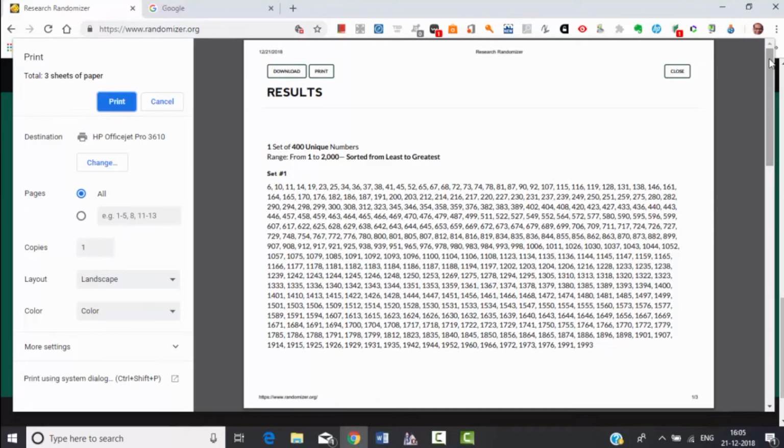Please do get in touch with us if you have any questions. Now you can see these numbers range from 6 to 1993. That means it has selected various random numbers in between from 1 to 2000.